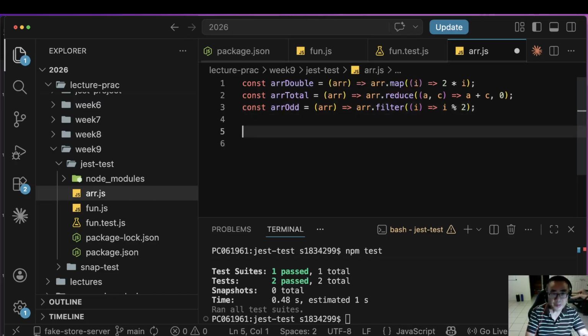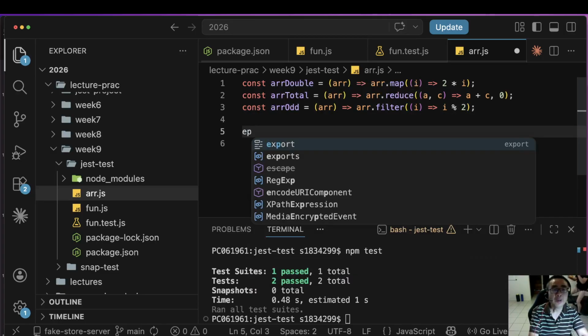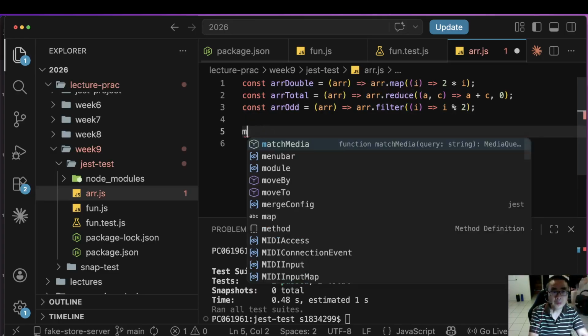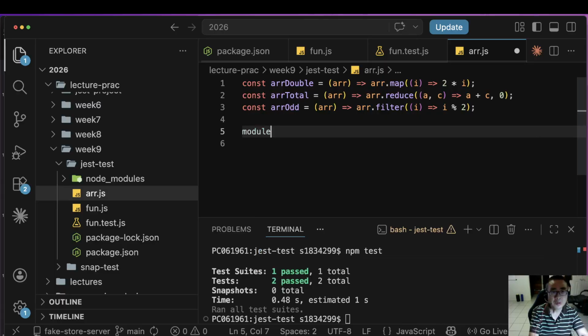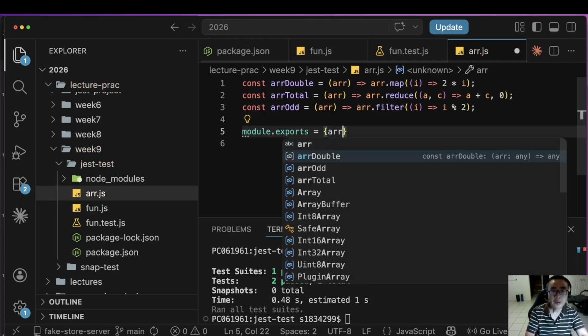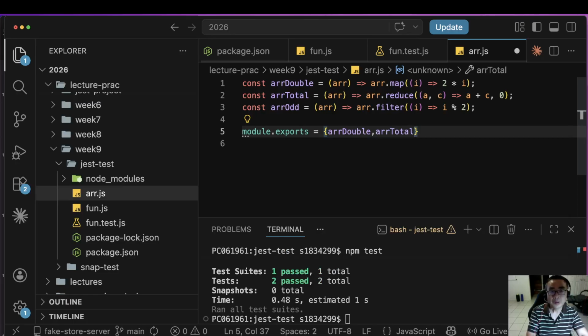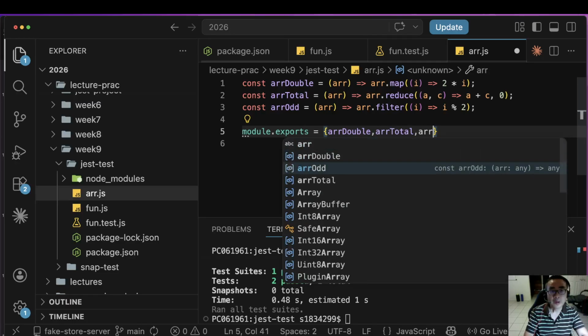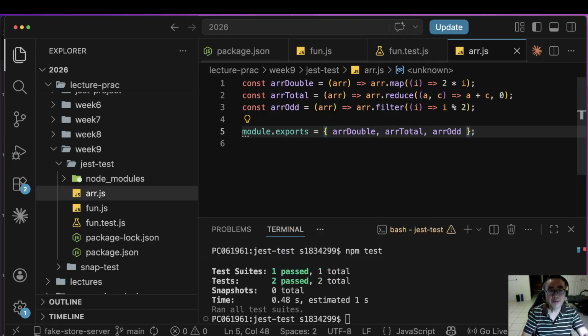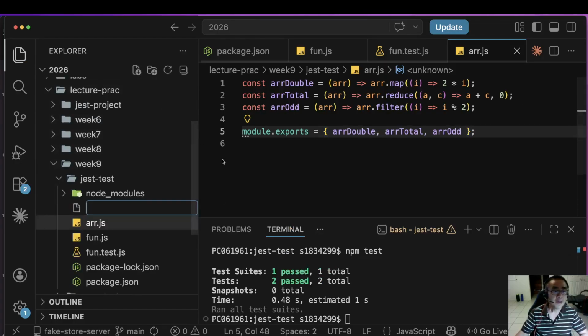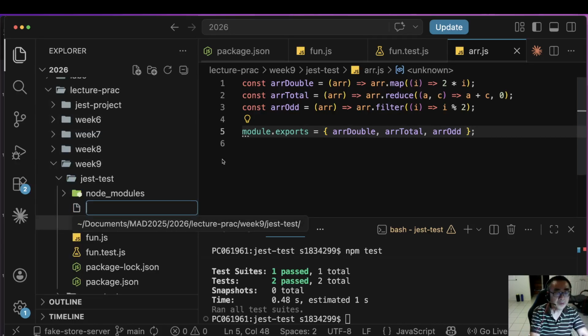Right, we import the module: plus, double, total, odd. Right. So now we have three functions. We can test, and we create a function called